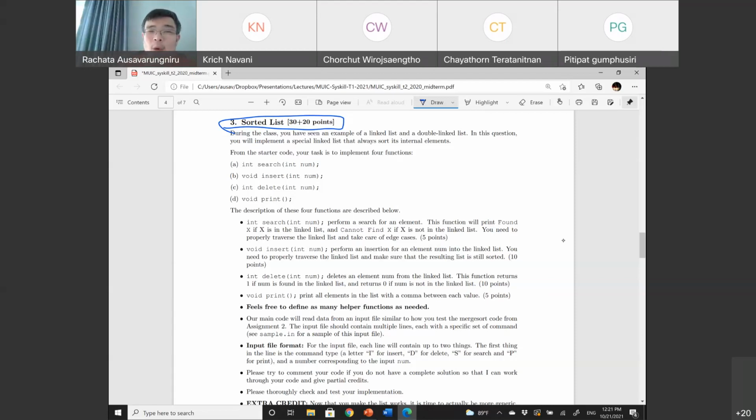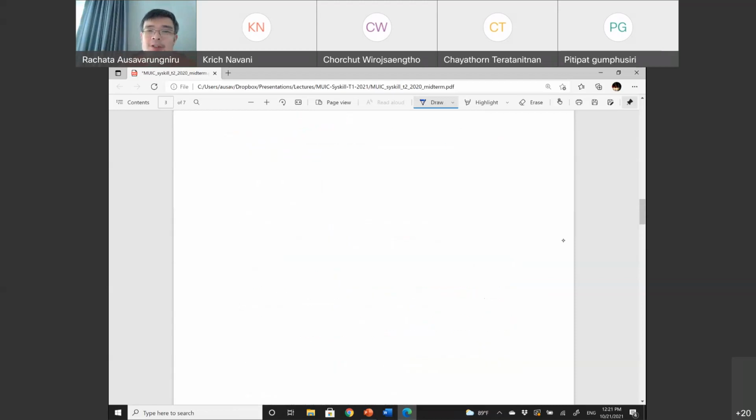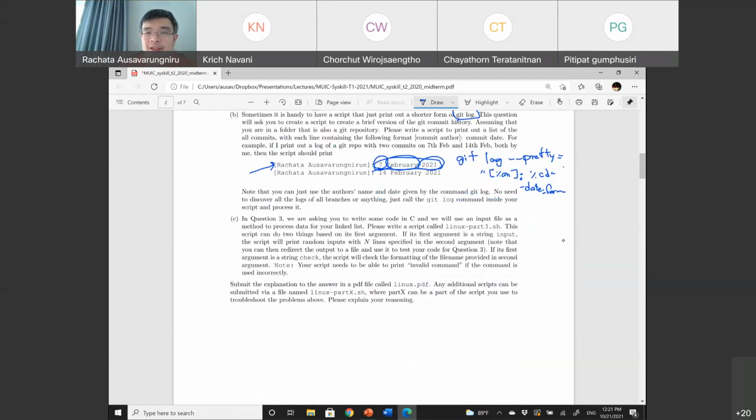But question 1C is, I want you to write a script that generates the input for your program in question 3. Basically, it should have the following formatting, right? The first argument is the string input, which will print random input with n lines specified by the second argument.